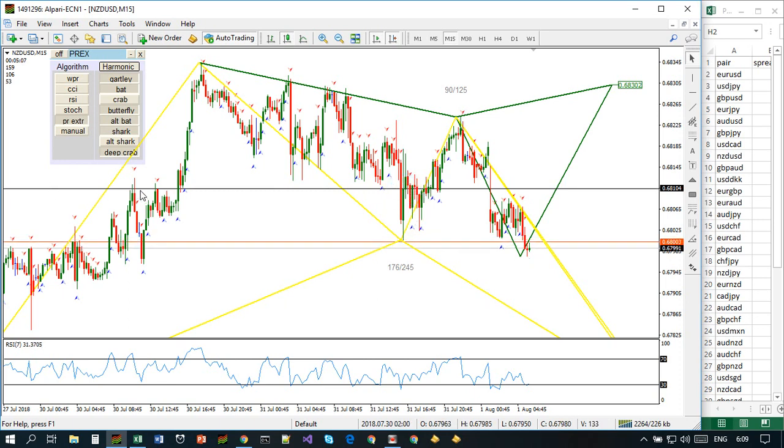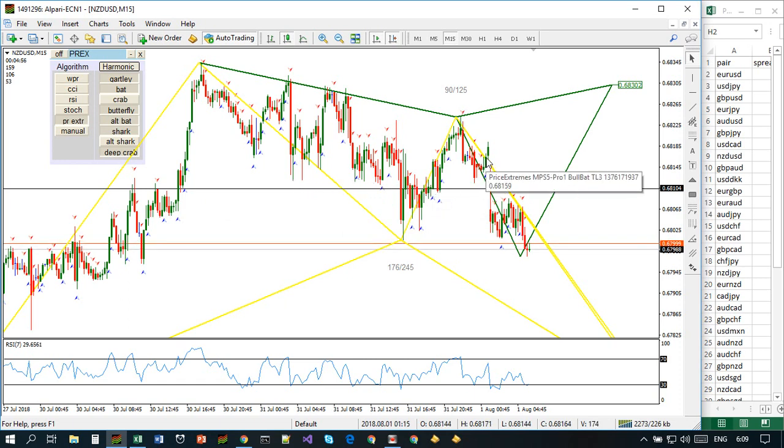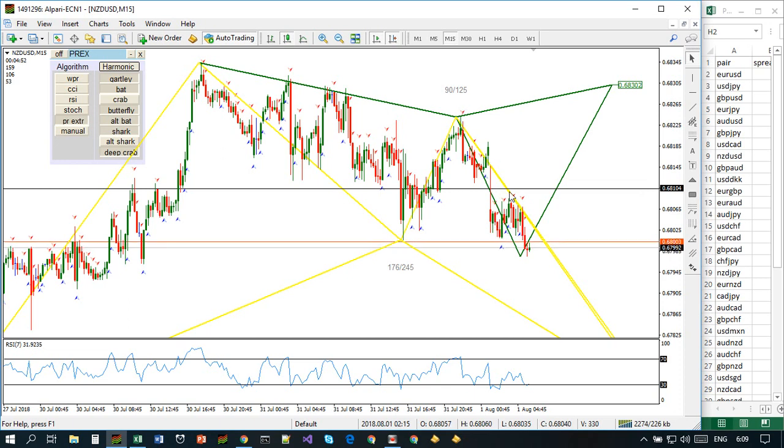You see how it was respected in the past. Here it was kind of respected, not exactly, but was. Then we had some reaction here, and finally we broke it through, gapping through that level, retested that, and now heading towards the completion. Okay, New Zealand dollar, 15-minute time frame